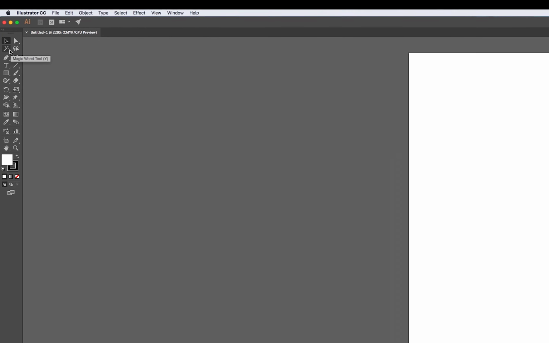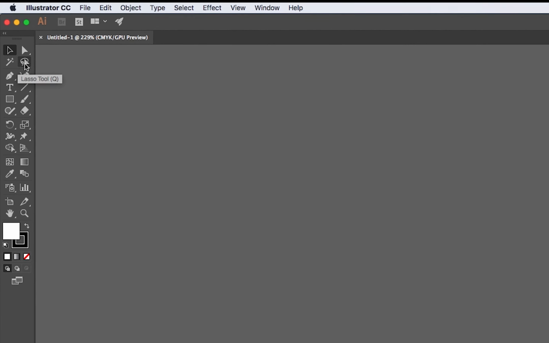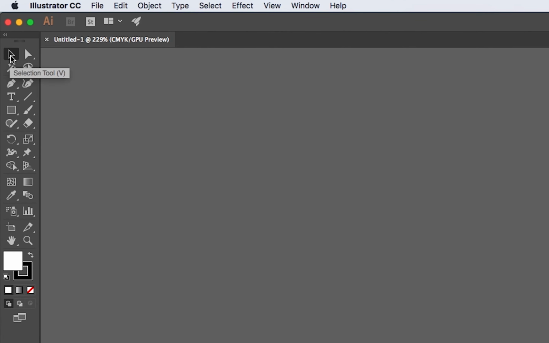Now, here are all the tools in order of appearance. The Selection tool, the Direct Selection tool, the Magic Wand tool, the Lasso tool, the Pen tool, the Curvature tool, the Type tool, the Line Segment tool, the Rectangle tool, the Paintbrush tool, the Shaper tool, the Eraser tool, the